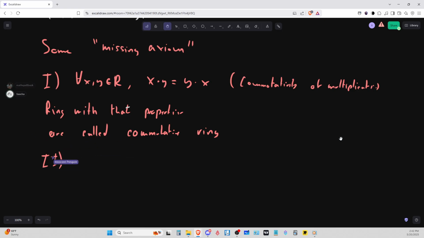Yeah, I will just take the second axiom, which is something cool. As we said before, we haven't assumed that multiplication has multiplicative inverses. So if we have, for all x inside of R with x not equal to 0, that there exists some y inside of R such that x times y is equal to 1, we call such a ring